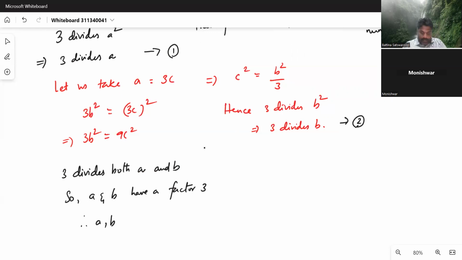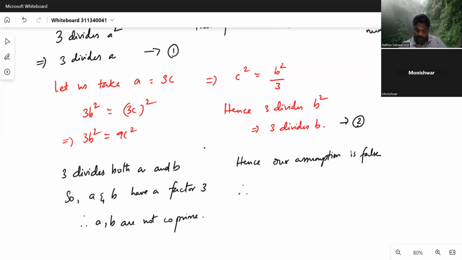Therefore, a comma b are not co-prime. Hence, our assumption is false. Therefore, root 3 is an irrational number